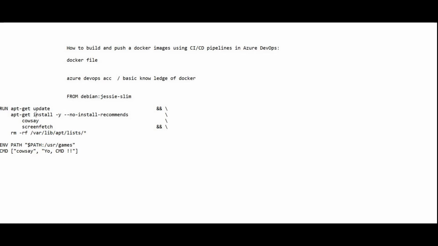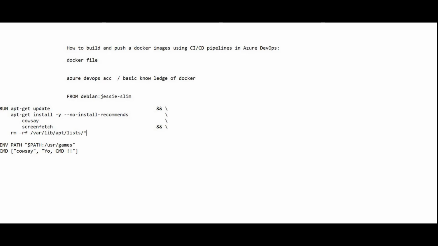And I've used this backslash, because I'm not writing it in a single line. And apt-get install -y --no-install-recommends, then ca-certificates and wget, these are basic libraries, and rm -rf /var/lib/apt/lists. It means it will forcefully remove. Rm means remove, f means forcefully, and small r means recursively. It will remove all these files and folders under this directory recursively.